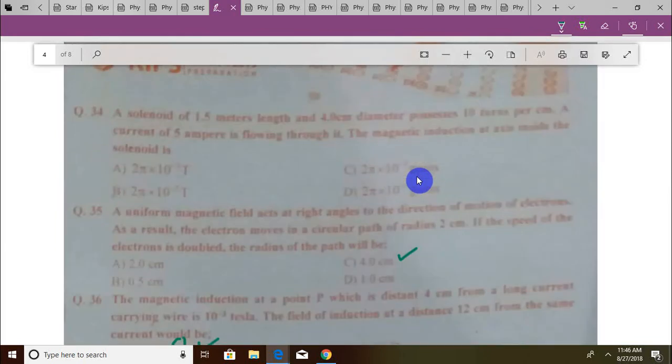एक सोलेनॉइड है जिसकी लेंथ है 1.5 मीटर्स, डायमीटर है 4 सेंटीमीटर, 10 टर्न्स है पर सेंटीमीटर। करंट 5 एम्पियर का फ्लो कर रहा है। मैग्नेटिक इंडक्शन एट द एक्सेस इनसाइड, अगेन इट विल बी करंट मल्टीप्लाई बाय म्यू नॉट, उसकी वैल्यू आसान है 4π×10⁻⁷ इंटू n। बाकी चीज़ें इररेलेवेंट हैं। 1 मीटर में 100 सेंटीमीटर होते हैं, इसका मतलब है 1 मीटर में 100 × 10 यानी 1000 टर्न्स होंगी। सो अब देखिए ये बनता है 10⁻³, तो ये -7 3 जब कट होगा तो हमारे पास बचेंगे 10⁻⁴ × 20π।